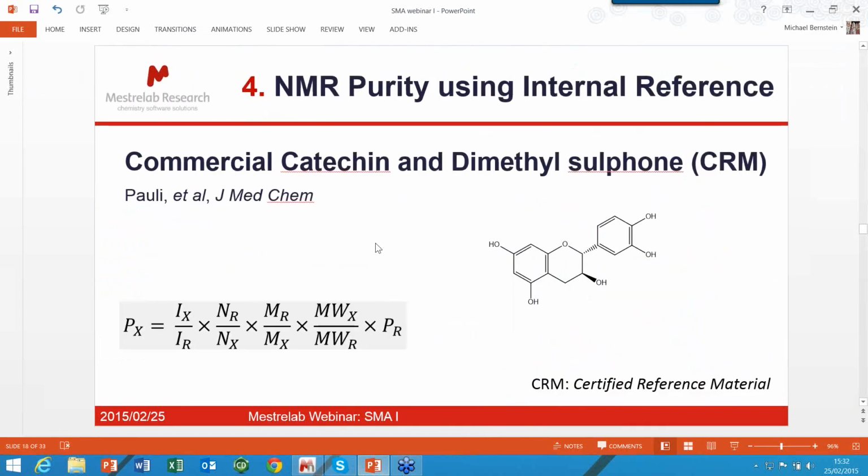Now this one I want to spend a little bit more time on because it's an important one. So many of us do NMR purity determinations, and this is a hugely important way in which to determine purity. There are a number of ways of doing this, but one of the common ways involves what's called a co-dissolved certified reference material, CRM. So the way this is done experimentally is that you weigh out a certain amount of your compound of interest, in this case it's catechin, and then you weigh out a certain amount of your CRM, which DMSO2 was chosen,